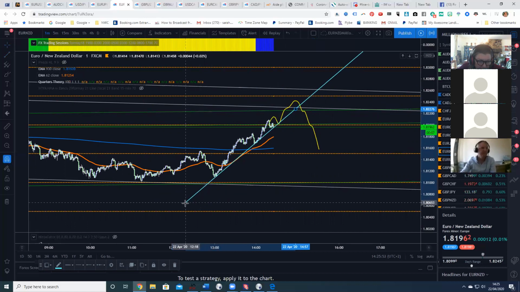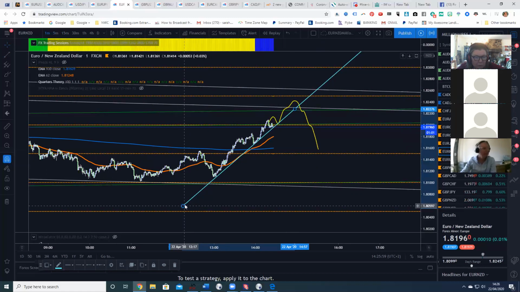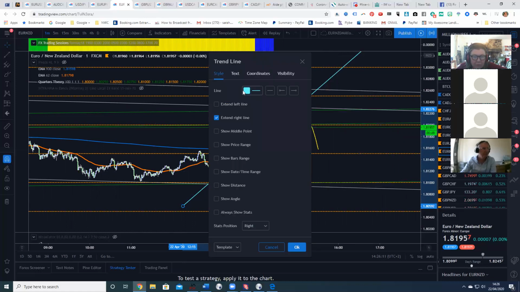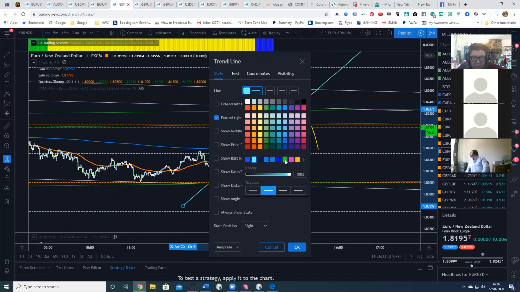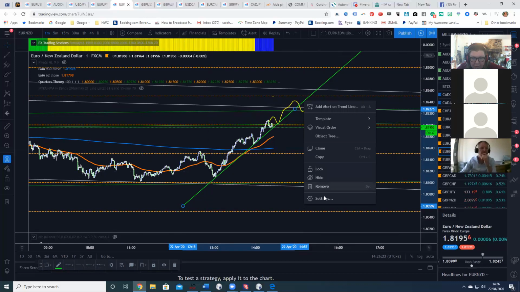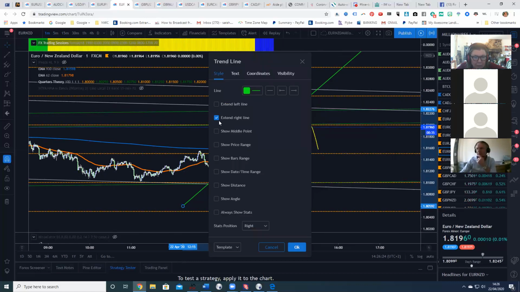And you want at least 3 touches. Now I need to change, because the charts are always forming channels. Channel, channel, channel, and I'll go through those one day. They vary according to the time frame you're on, and you can trade the channel. You just need to change this, because another tip is to keep different lines in different colors. So my trend lines are always green and my alerts are pale blue, and then my brain doesn't get muddled up when I'm